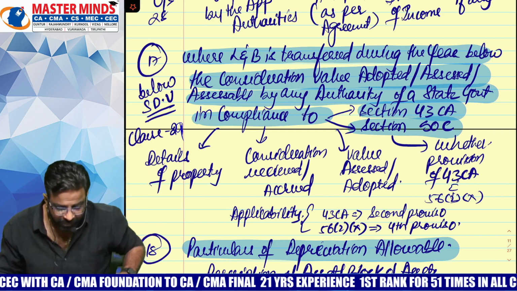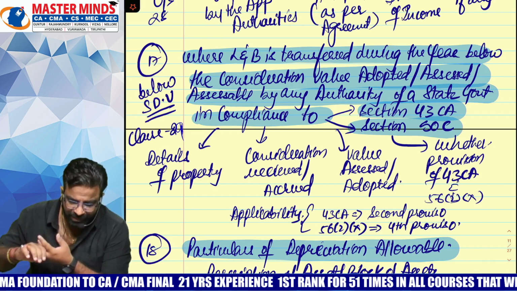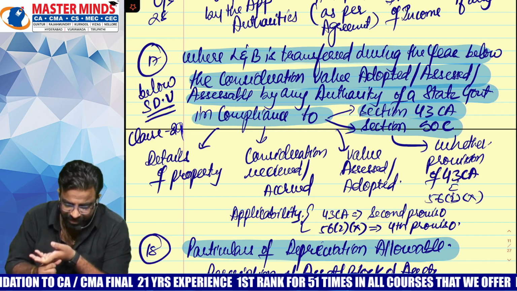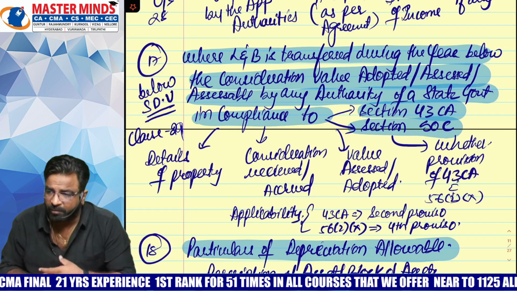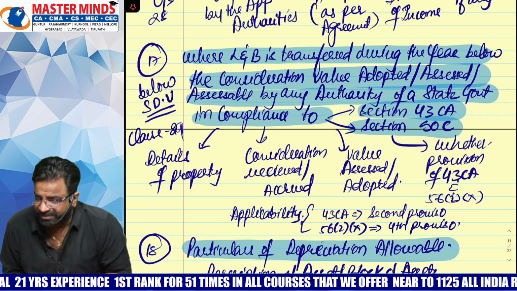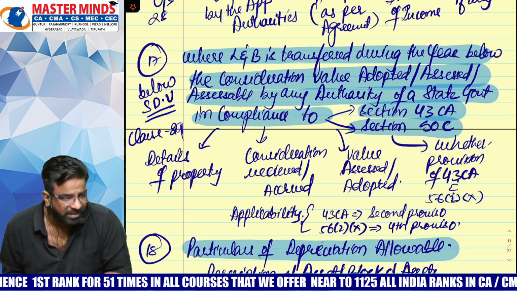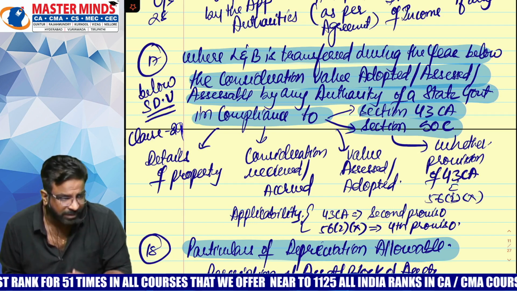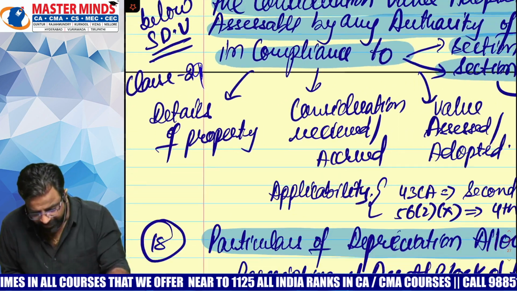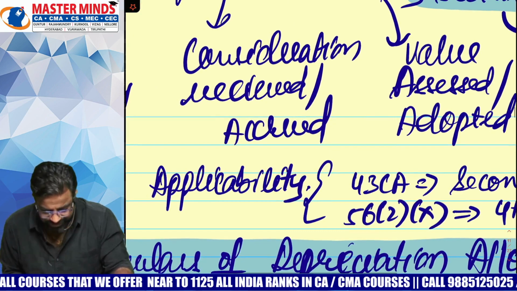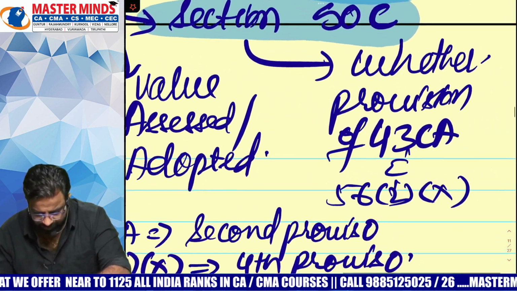Now see where the land and building is transferred during the year below the consideration value adopted, assessed, or assessable by any authority of the state government, in compliance to section 43CA and 50C. What do you mean by that? You sold some assets, especially land and building, below the value which is assessed by the state government authority. Then in that case, what will you do as an auditor, what do you have to check? Point number 1, details of that property, consideration received, then value assessed or adopted, whether the provision of 43CA